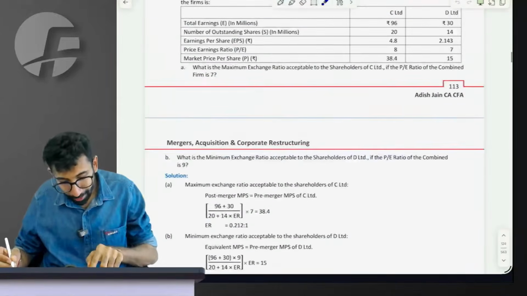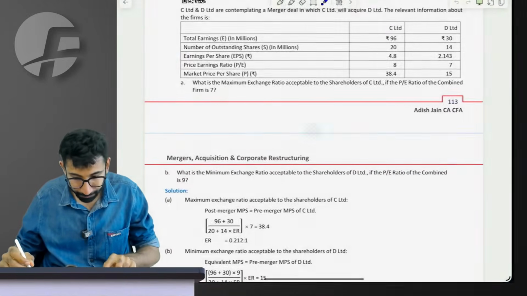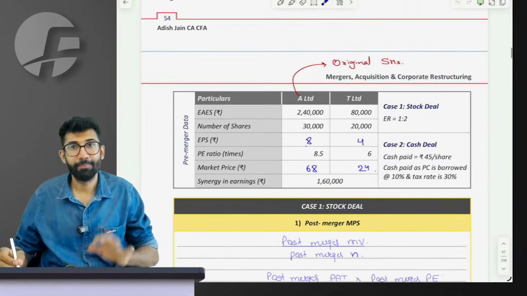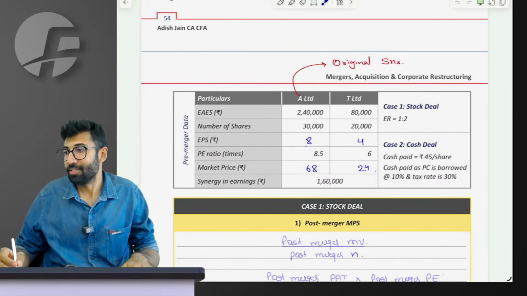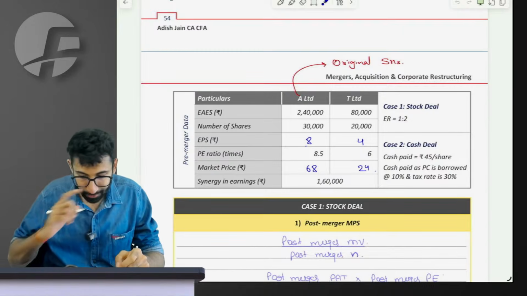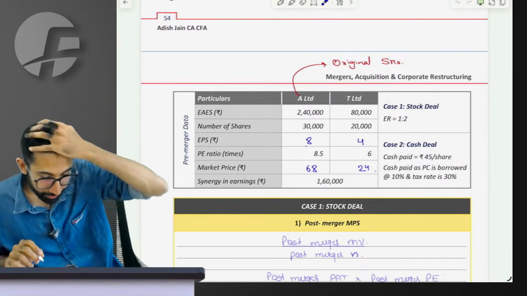Cool. To be able to solve further questions, we need to now learn further concepts. Let's go to the next concept. What it says, everyone? So guys, please pay attention. It says,